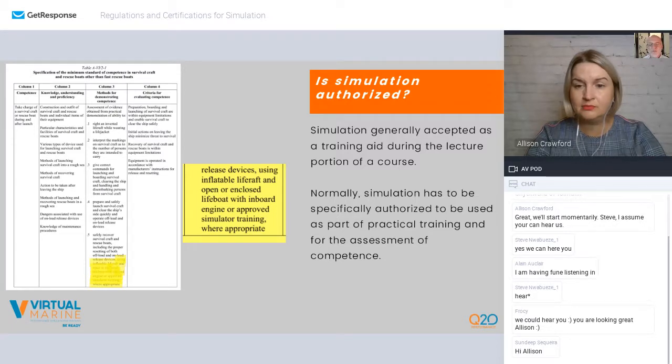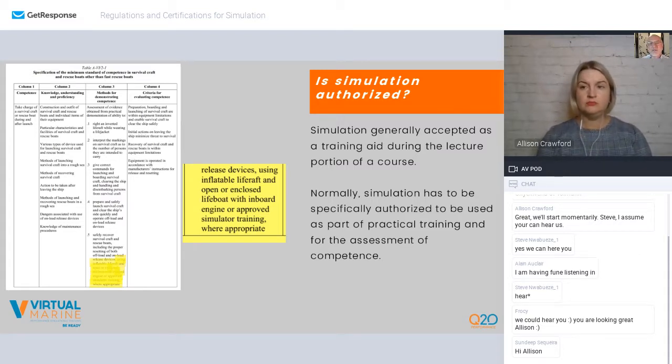So why do they do that? It's not a blanket authorization. There have been some really important lessons learned with simulation across defense, aviation, and maritime: it's probably the most powerful tool we have in our arsenal for doing practical training. You can definitely teach people how to do something using a simulator. The problem is, if your simulator does not match reality closely enough, the thing that you've learned in the simulator you cannot use in the real world.